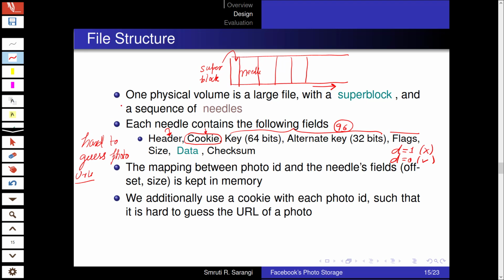Then the regular fields: we have the size field, the number of bytes, the actual data of the photo, and a checksum to verify whether a single bit or a few bytes have been corrupted, which allows us error detection and recovery.